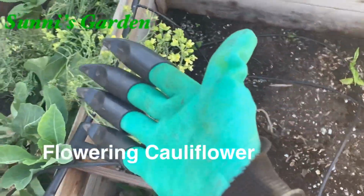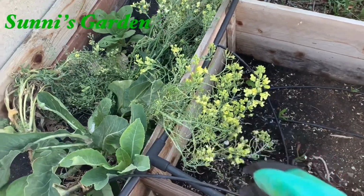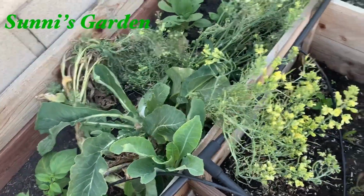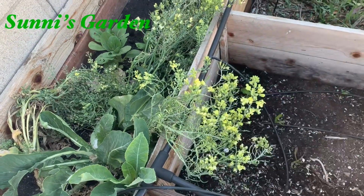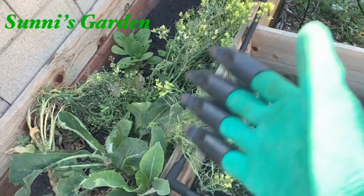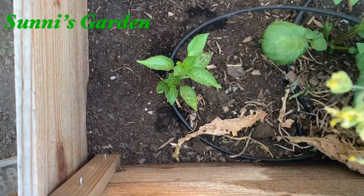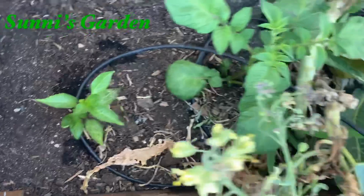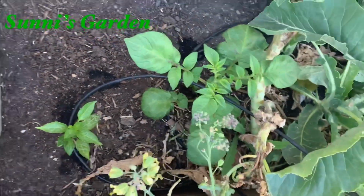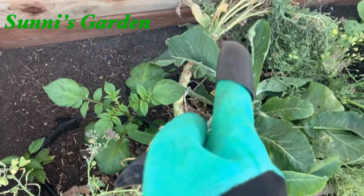and the cauliflower has gone to flower. And I'm gonna let it do its thing so I can collect some seeds and plant more cauliflower. We've got another pepper plant. Looks like it's doing really good, actually. Potato keeps coming up. Cauliflower,